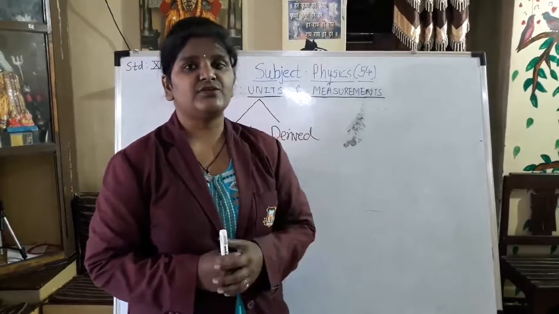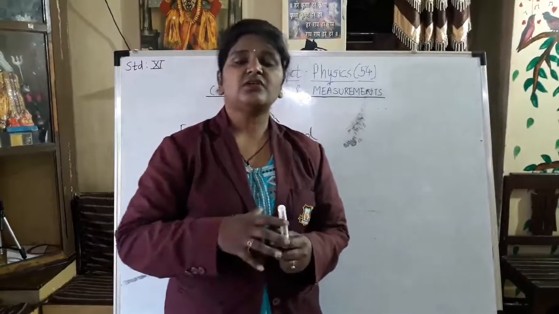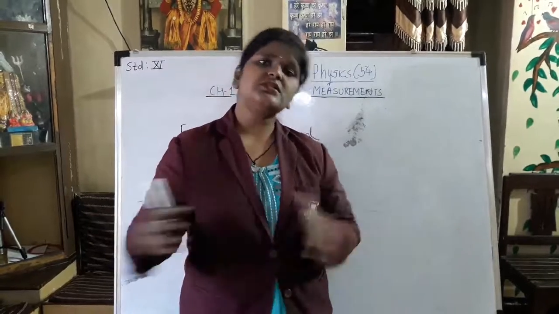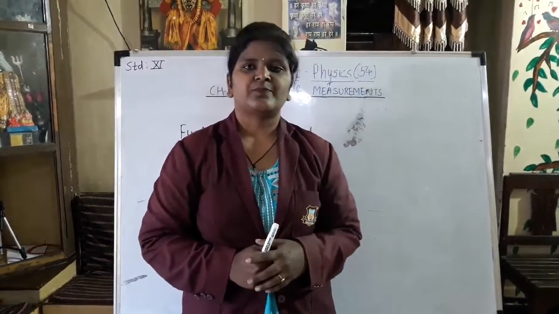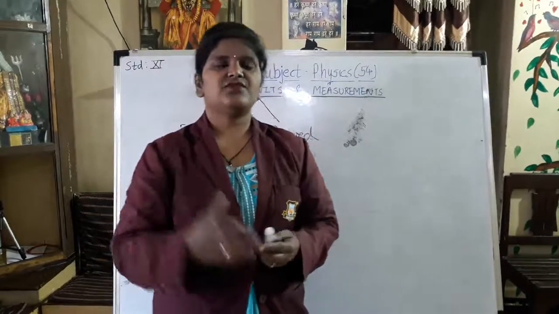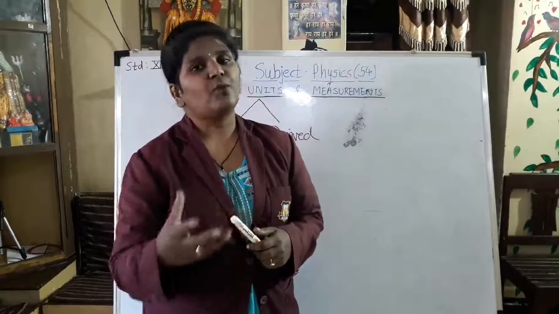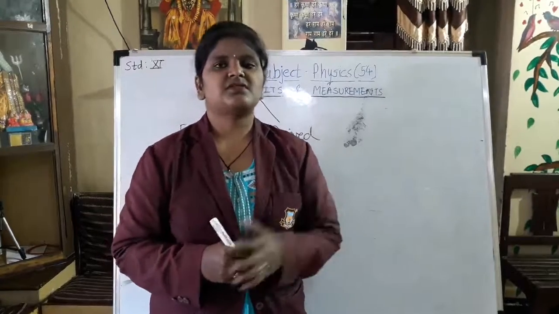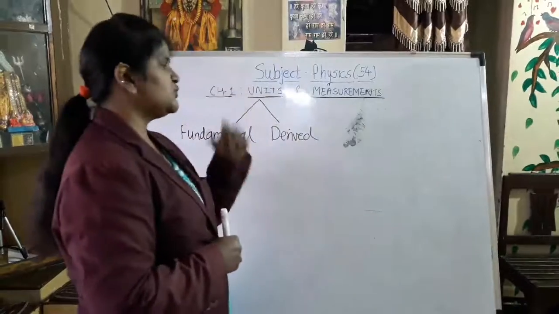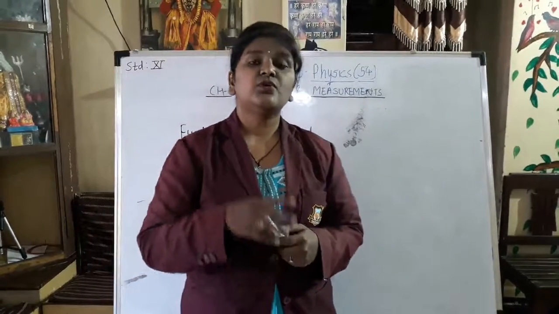And what are the derived units? Derived units are the units which depend on one or more or all of the 7 fundamental units. This can basically be considered as any physical quantity which has a formula for it; that will be considered under derived units. Okay, so this is all about units, and we have even seen some rules to follow